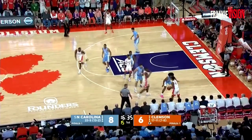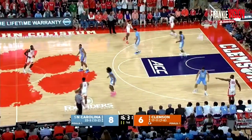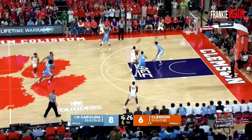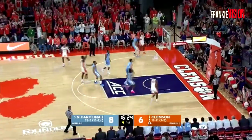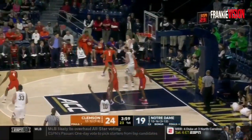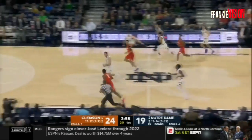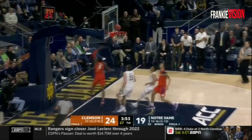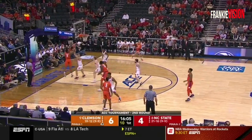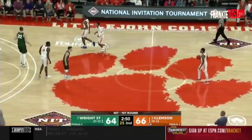How good of a defender Eli Thomas is on the block. I'm not sure if that's where you really want to put the basketball. For North Carolina this year, they are a perimeter-oriented team. Great look to the corner for Trapp, who cans the 3 on the feed from the big man Thomas. Ball saved by Goodwin. And Notre Dame does what it rarely does. Turns it over, and it turns into 2 for Trapp. The Irish backup point guard behind Mitchell. And he tips it up and in. Man,